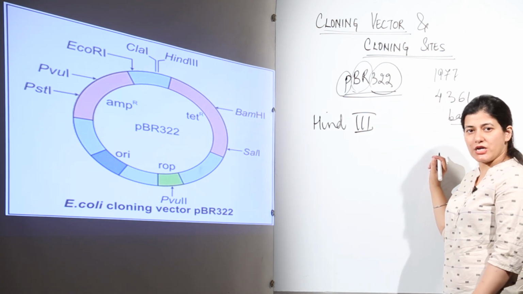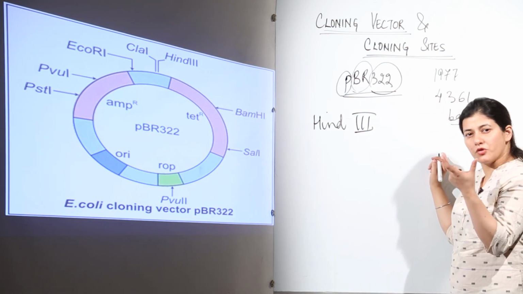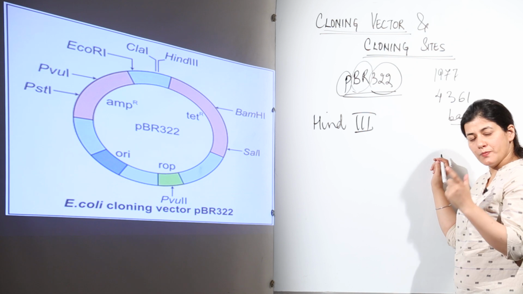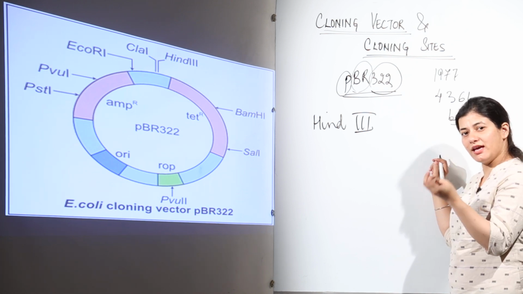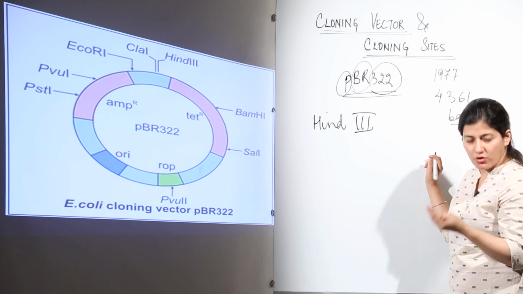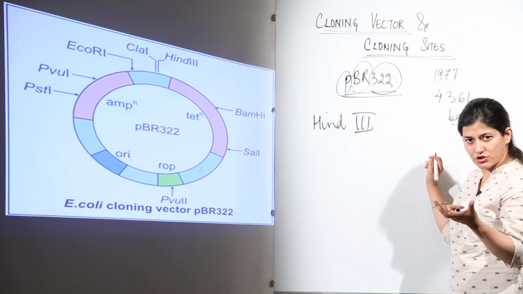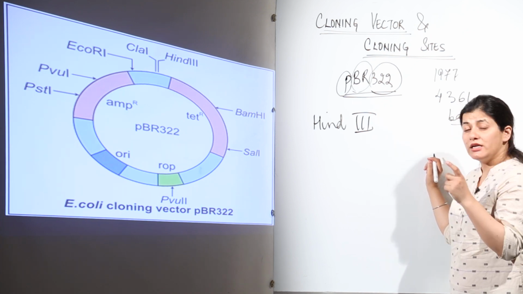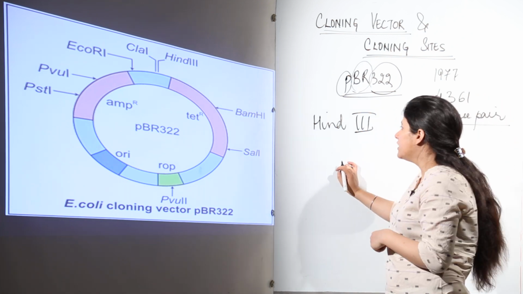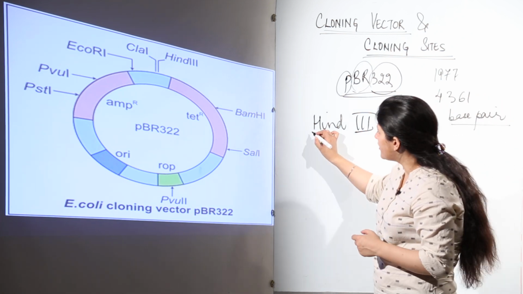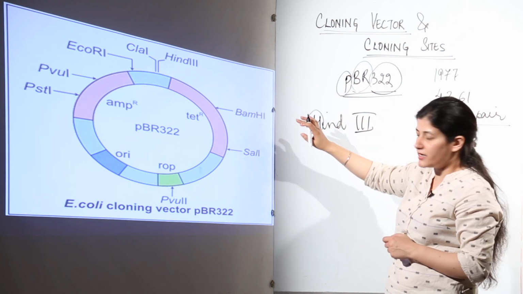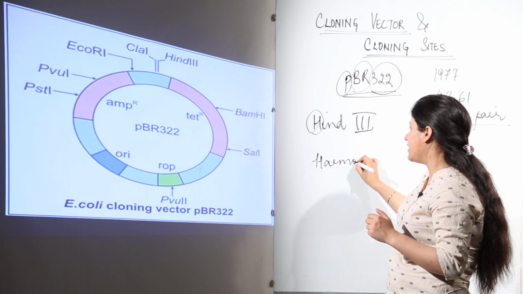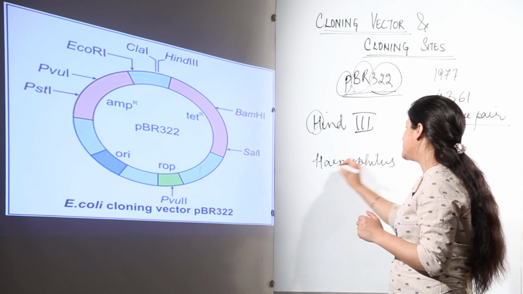Now what does this HIND3 mean? While we were discussing restriction endonucleases, we had talked that there is a certain process according to which the restriction endonuclease is named. As you know, the restriction endonuclease is taken from a specific prokaryote or a bacteria. A bacteria is going to produce a restriction endonuclease which would help in its immunity by cutting the genome of the virus. Now that bacteria has its specific and generic name. So the first word is the generic name. Supposedly we are getting HIND3 from Haemophilus influenzae.